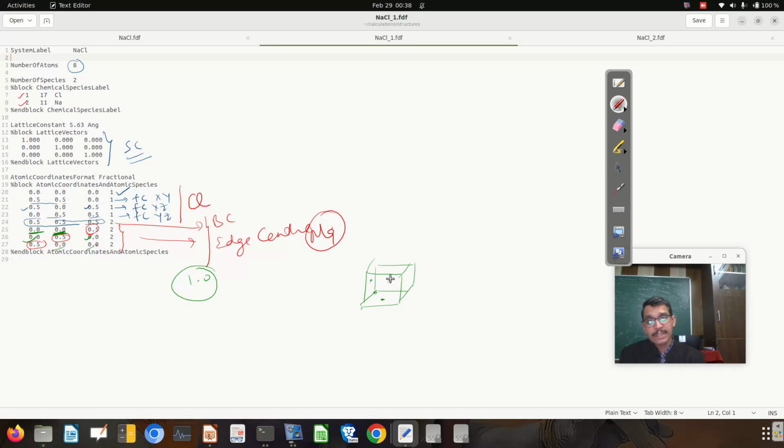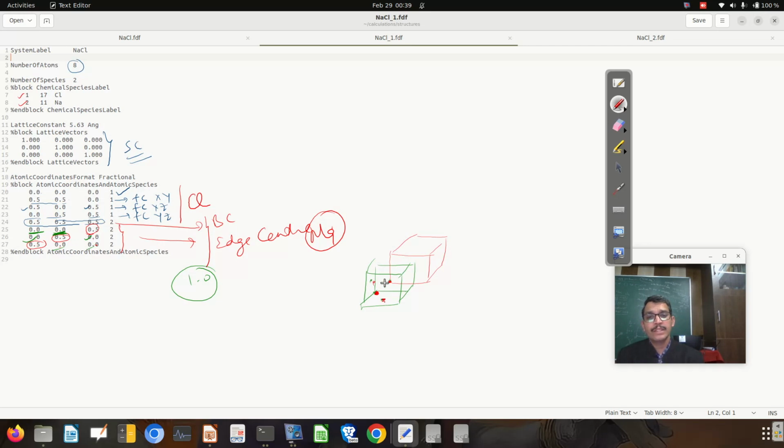So I translated another unit cell like this, as I did in case of diamond like structure, and I translated it along the body diagonal up to this position. So corresponding to this, because one atom is lying here, another atom is lying,